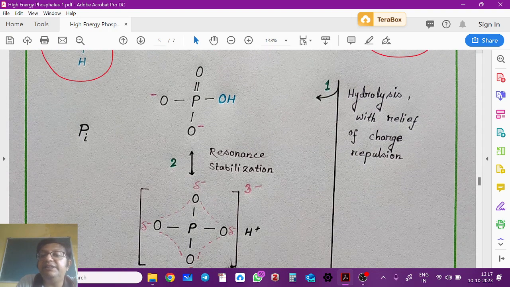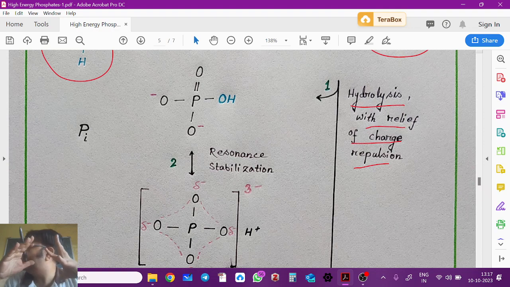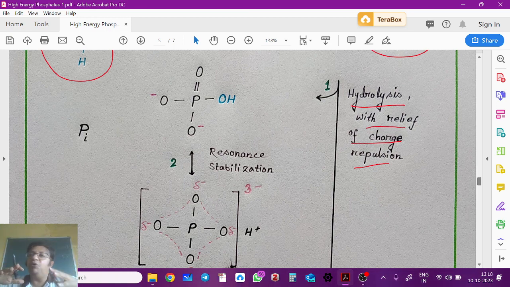So now hydrolysis takes place with relief of charge repulsion. So many negative charges are present over there. Negative charges repel each other, right? Positive charges also repel each other. So this molecule is just waiting to be broken. The moment 2 electrons come, attach, it breaks open. Okay, and then